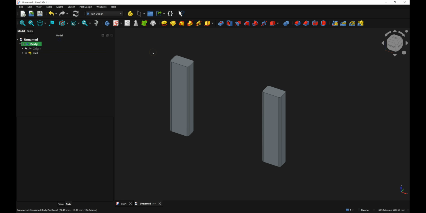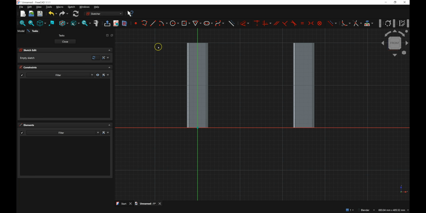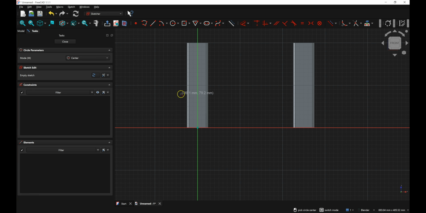Next, we will create additional parts of this solid, and we will create a sketch on this face. Select this face and choose Create Sketch. Now select the circle tool and draw a circle so that the center of the circle lies on the y-axis. Move the cursor over the y-axis, click the left mouse button, enter 10 as the circle diameter, press enter, and